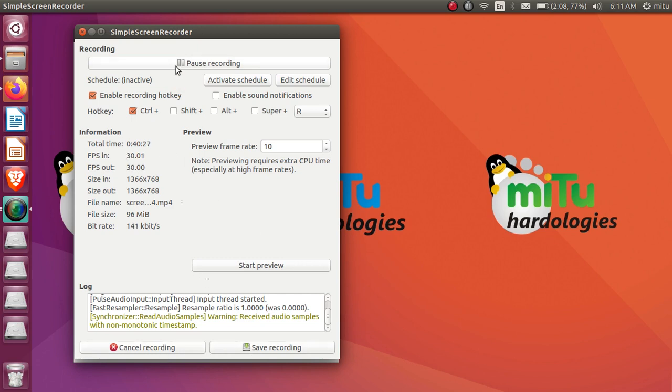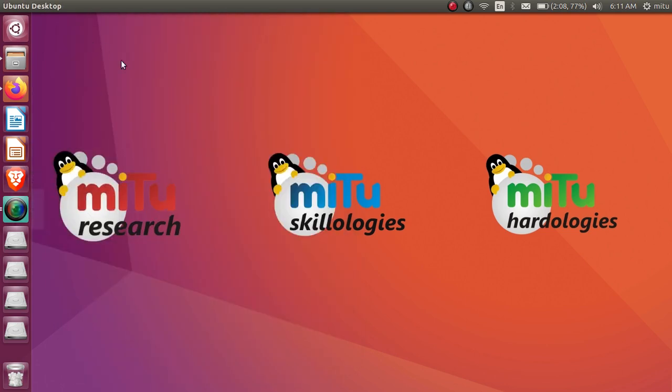In this way, I don't have to open this window to perform this operation. I'll just minimize this and go to this option, and again multiple options are present: pause recording, cancel recording, save recording, and hide window, that is quit. Any one of these options can be used. Now the recording is started. Already the recording is done there, and if I go here, see, this second window which I have started is inactive, the recording is not started yet.